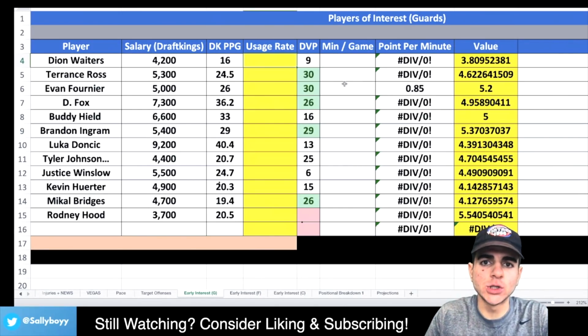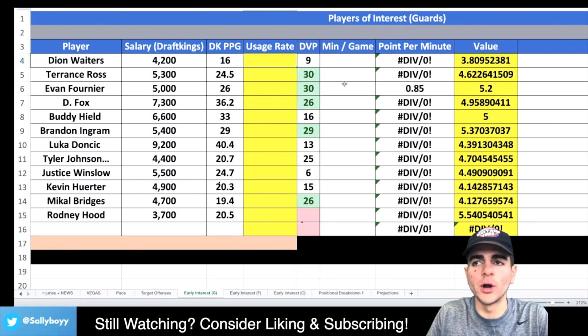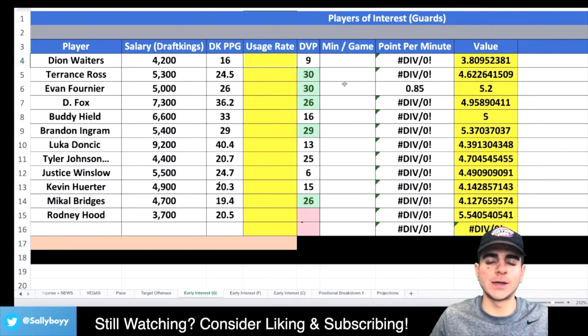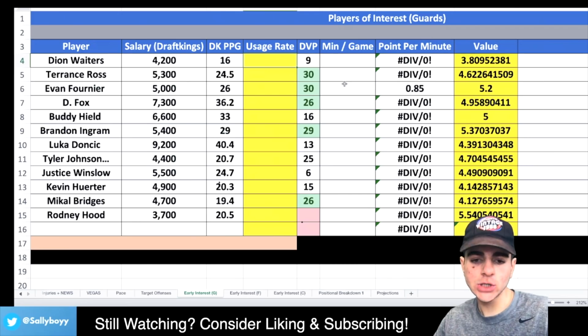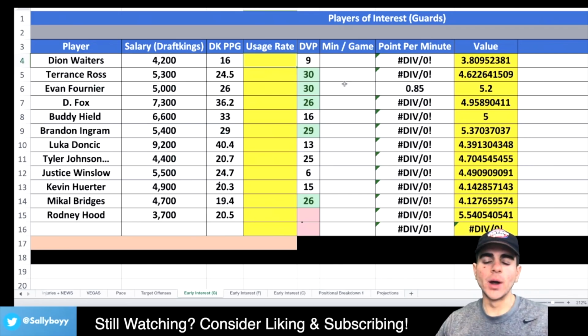So obviously, if I'm playing a 2-game slate, some of these guys are going to be just more on my mind because 1, they're on the 2-game slate and the other guys aren't on the slate. And 2, it's a 2-game slate, so I'm trying to differentiate myself in cash or just find those safer guys in cash. So it's tough for me to really talk about this, but I'll just look at it from a